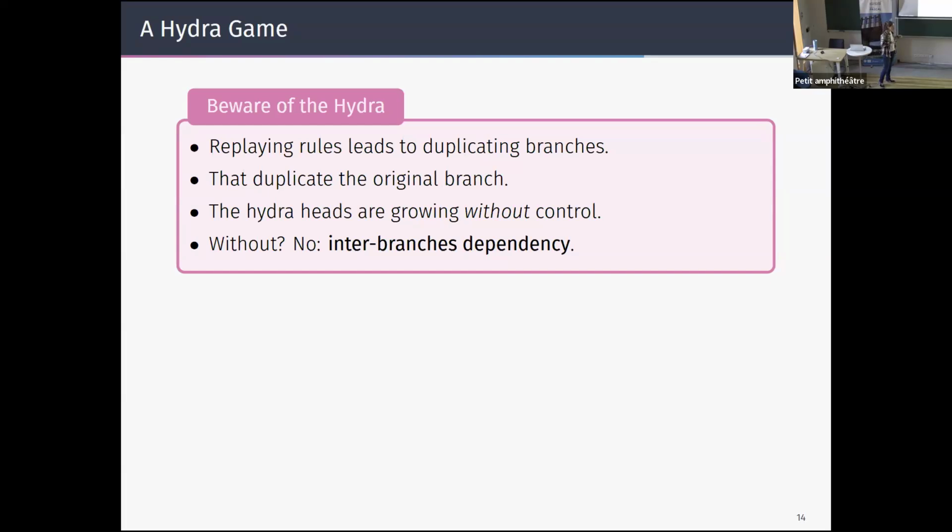Sometimes we also have issues with free variables that are used in two different branches, but they don't know each other because they were introduced later in both branches at the same level. And because of that, when you use one to close another branch, the strategy was a little bit lost with those ones. So yeah, it's not as easy as it looks because of those interbranch dependencies.